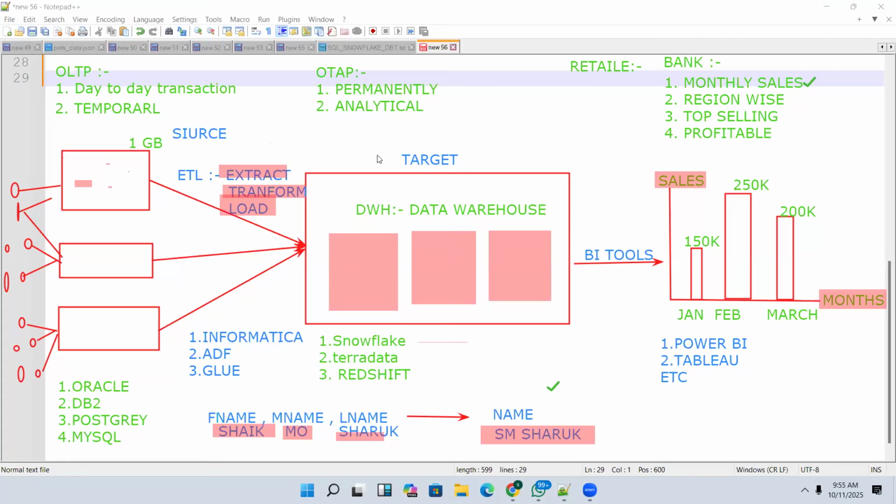Is it clear, Ravi? Sir, there are ETL tools like Informatica and ADF, which have the capabilities to do all three things: extract, transform, and load. So why are we specifically choosing this DBT? Actually, nowadays normally we have to go with some trend. If you go to ADF, Glue or Informatica, there will be paid versions available.